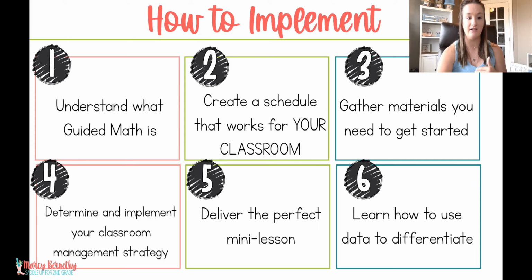Those are just some of the beginning steps when it comes to implementing guided math. But it goes beyond just that. You also need to have a solid foundation of classroom management, and you need to be able to implement proper routines and procedures. This was a big mistake that I made in the beginning of my guided math journey because I really felt like I could just go in and do it,